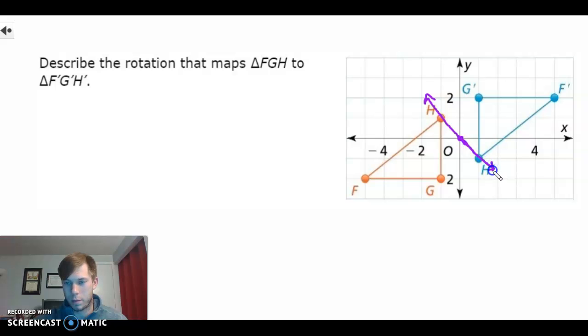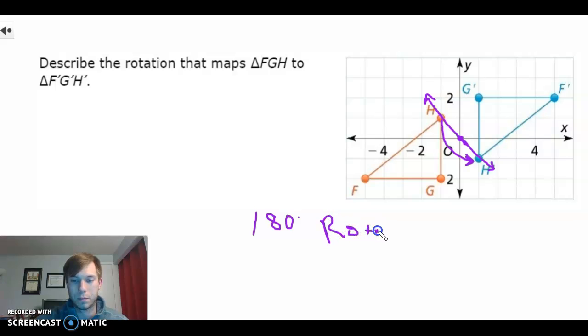to H prime. Now, as I mentioned before, we're going counterclockwise for all of our rotations. It's easy to get caught up and go clockwise, but we are going to go counterclockwise here. Okay, so what is this angle rotation that would move H to H prime? Well, if you notice, our rays here actually form a straight line, and any straight line angle is always going to be 180 degrees. So this would be a 180-degree